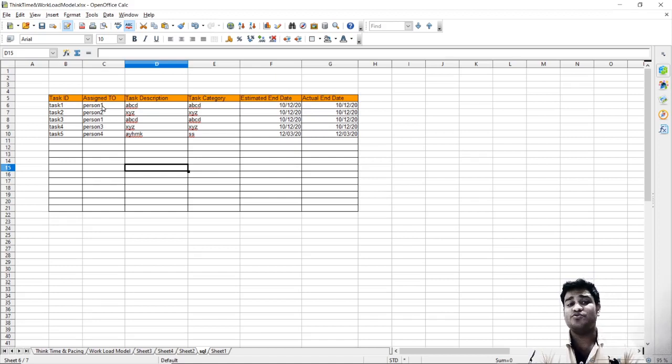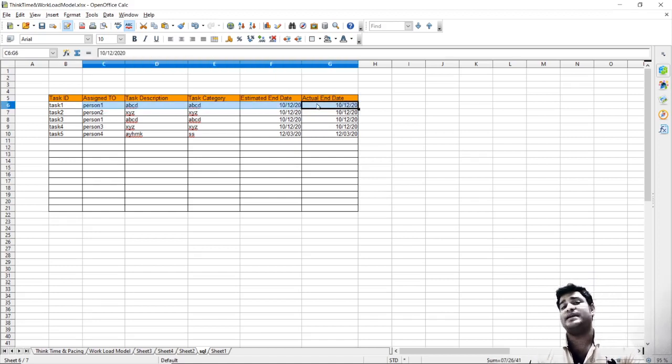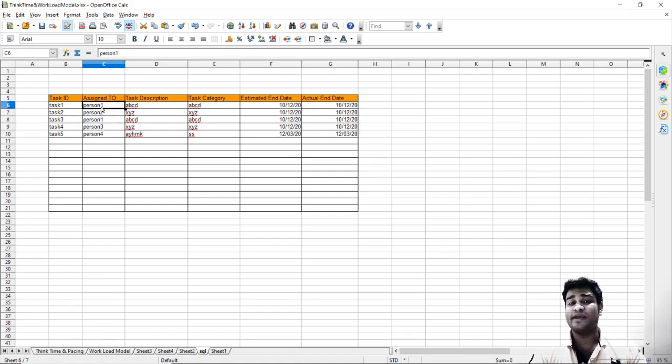We need a way to represent each of these rows separately. And why do we need a way to represent each of these rows separately? So we always make relations between tables. We have already discussed this, like we keep on making relations between these tables. For example, when we are making a relation with assigned to and the employee table, we need to make sure that a specific employee is always assigned to. So rather than giving the employee name, we will give an employee ID, which will always be unique for that particular employee, because two employees can have the same name, right?